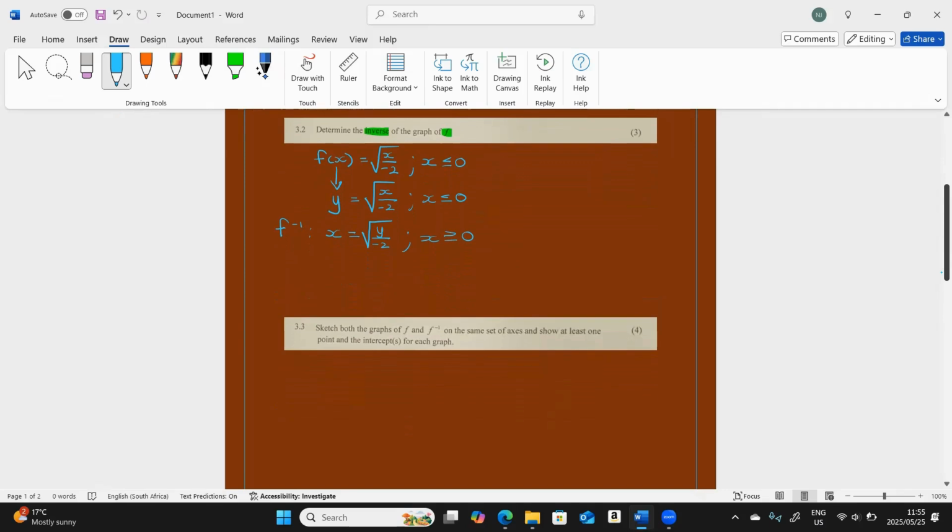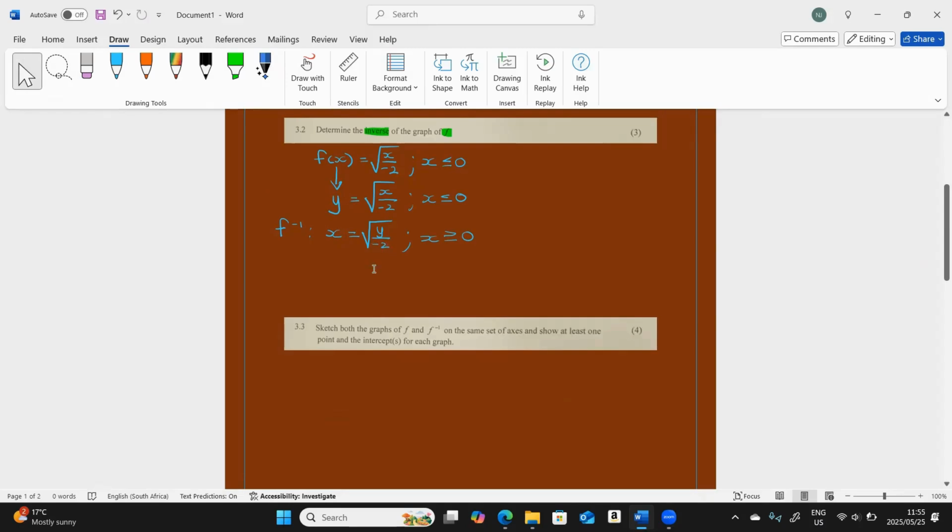By swapping around your inequality and also by swapping your x and y. Okay, but this is not your final answer. Remember, we need to get the inverse, and the inverse should also be a function. So the inverse of x is also going to be a function because of its limitations. So therefore, after you have swapped your x and your y,